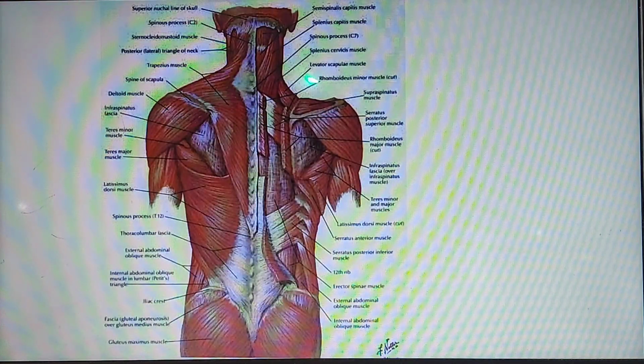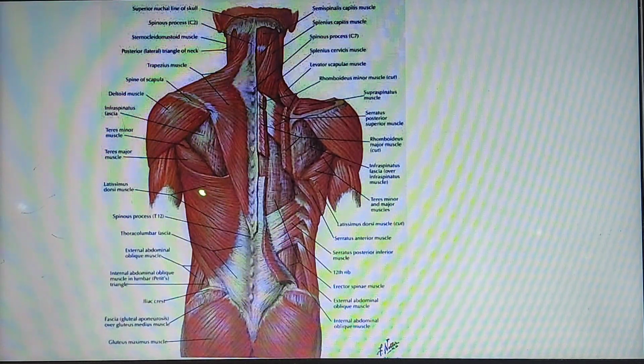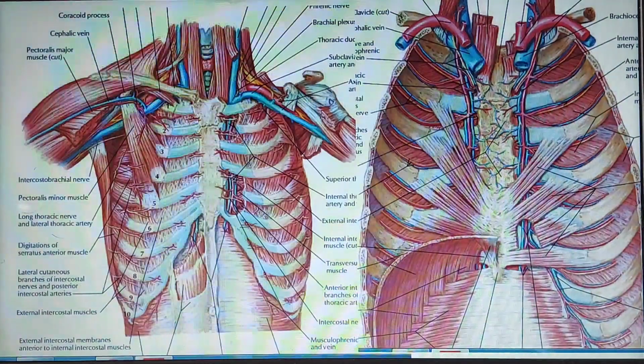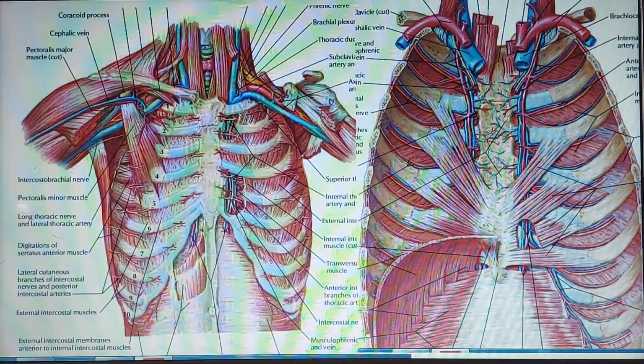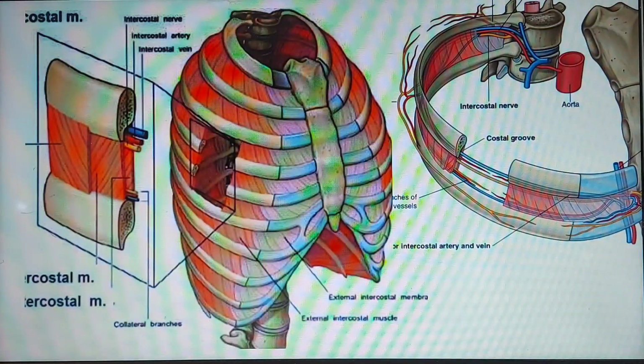In the back there are some serrated muscles. This is the serratus posterior superior and serratus posterior inferior. And there you can see the trapezius muscle, the posterior part of the latissimus dorsi, and at the side of the vertebra there is the erector spinae muscle. And sometimes the teres major, teres minor, there are so many muscles in the back of the chest. So these muscles form the extrinsic muscles of the thorax.